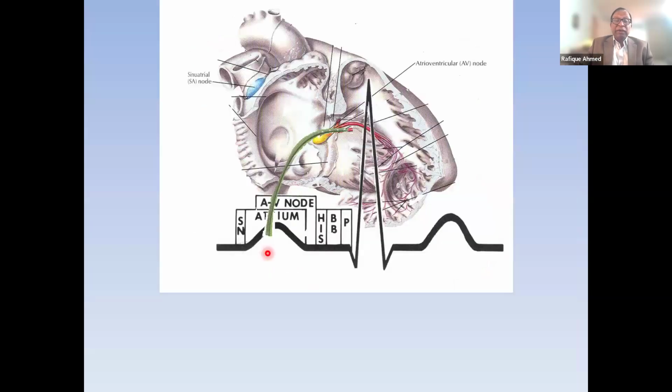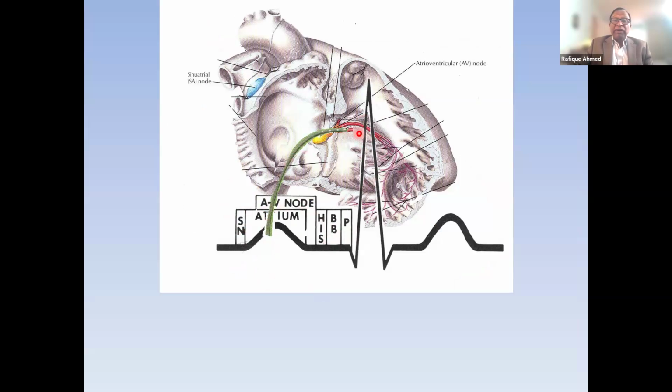If I put a catheter in the AV node area, and this is not for the electrophysiology, but for general fellows, please remember, this is a very simplified picture. I'm making up this story that there is conduction through the AV node, His bundle, bundle branch. Is it true? Can we prove it?